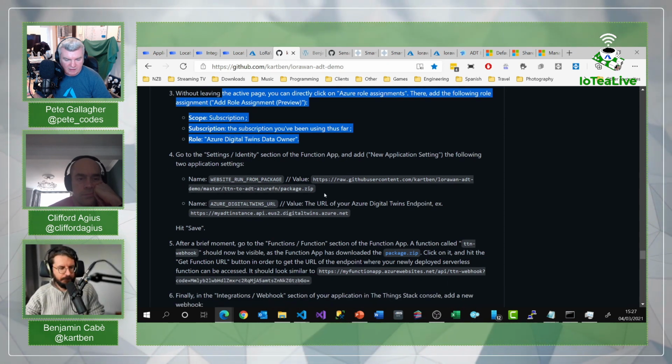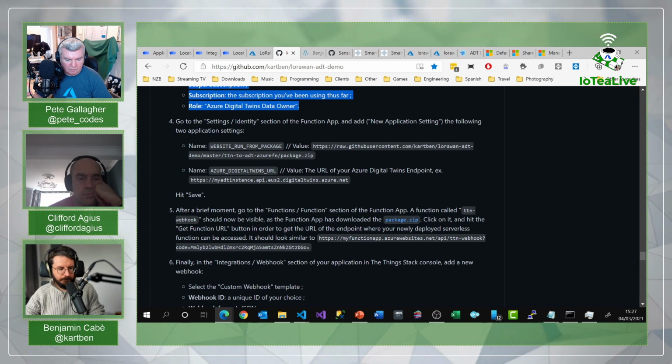Go to the settings, identity, and add new application setting the following two. Yeah, and the rest was in case. Yeah, we could have actually gone